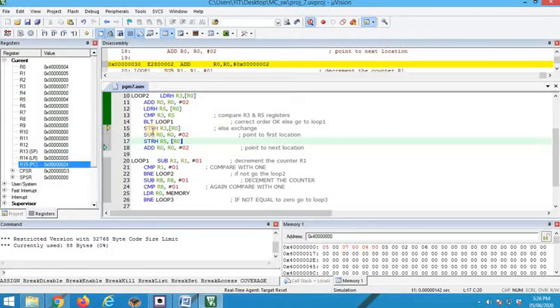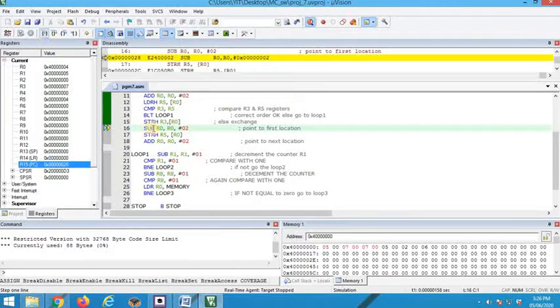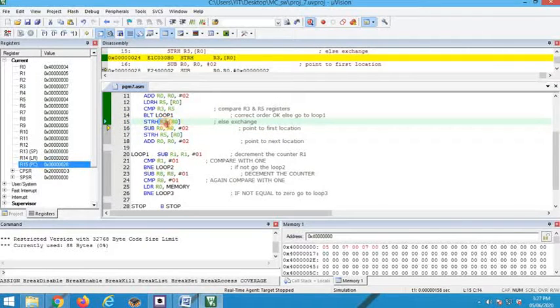R0 is pointing to 4. 4 is copied to R3. R3 becomes what? Sorry, STRH, that is store. We are storing. Sorry, it is not load. Store. What we are doing? Whatever is there in R3. What is there in R3? It was 7. So 7 is stored into the location pointed by R0. R0 was pointing here. Earlier here we had 4. Now after executing the STRH instruction we have 7. So the 4 place is overwritten with 7.